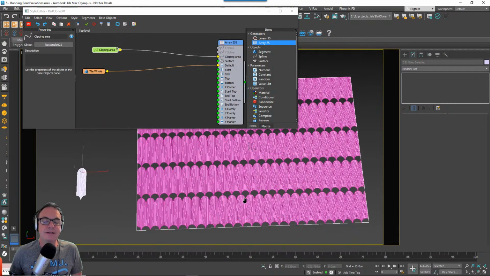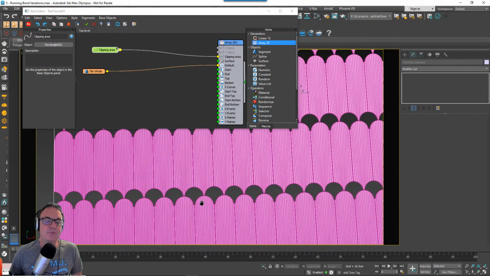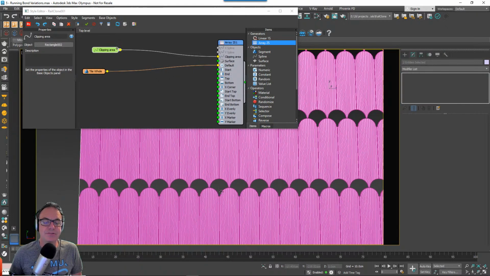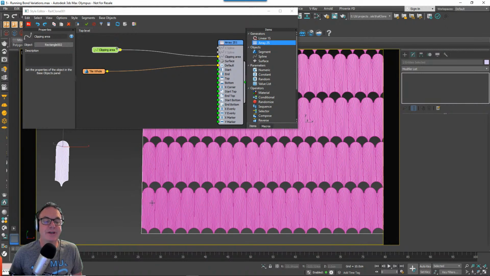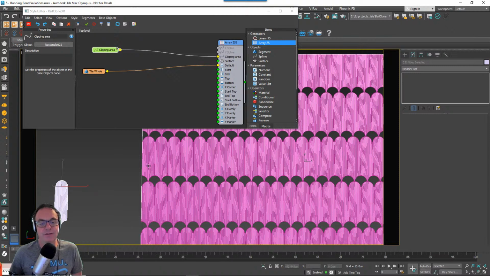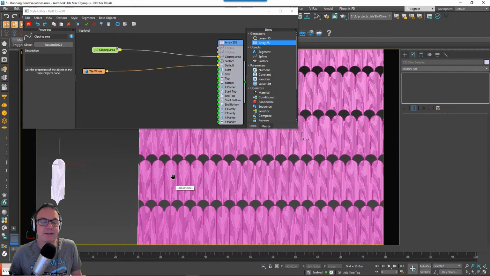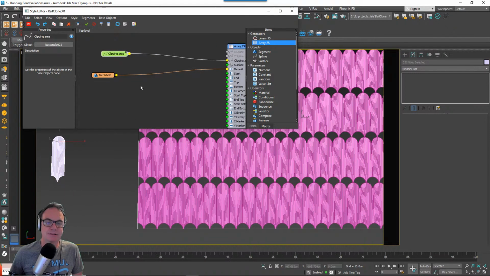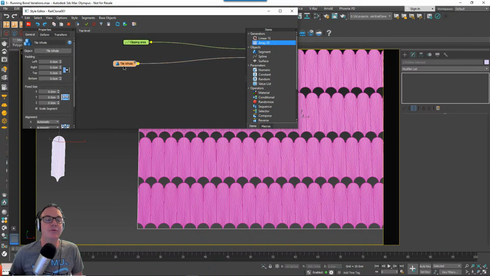Okay, so basically there's two things to worry about here. One is that I obviously need to close up the gap here above, and the other is that I need to offset every other row by half the width of the tile. It could be a brick, could be anything else. So there's a ton of ways of doing it, but let's show you this way today. First of all, I'm going to export the